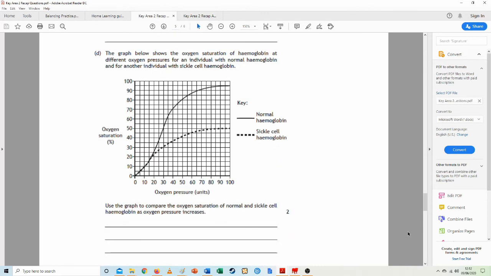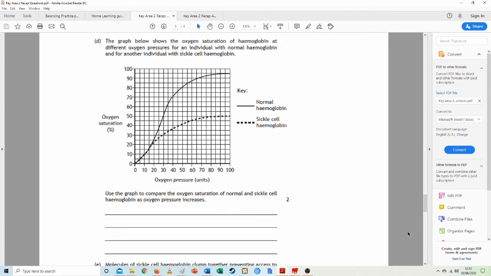Alright, if you've had me as a teacher before, you will have heard me moaning about quoting from the graph, potentially even using highlighters. It's a tactic stolen from Dr. Hayhurst, which is fantastic. This is worth 2 marks, so you've really got to make 2 statements. If you only make 1 statement, then you are only going to get 1 mark, and that was the case for a few people. Some people knocked it out of the park, got 2 marks, even made all 3 points that are available to make. So, if we quote from the graph,